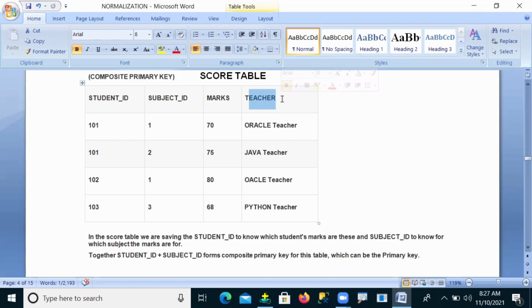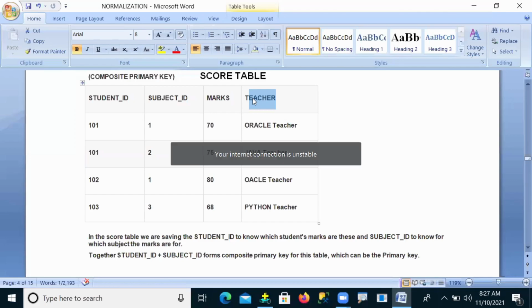I want to decompose this score table. Okay? I want to do what?